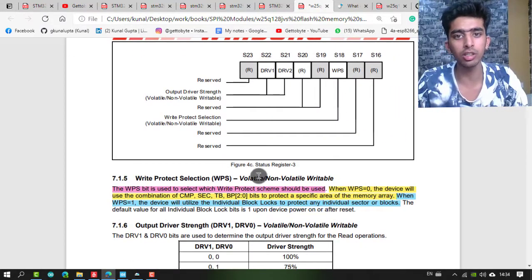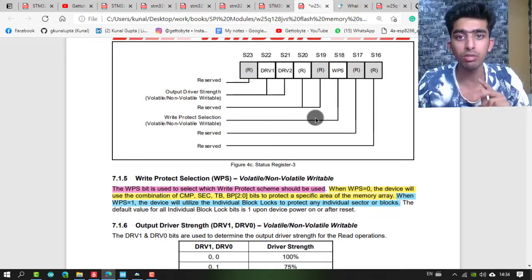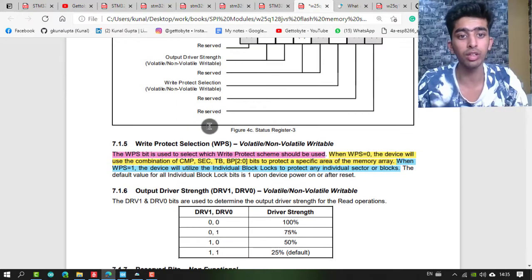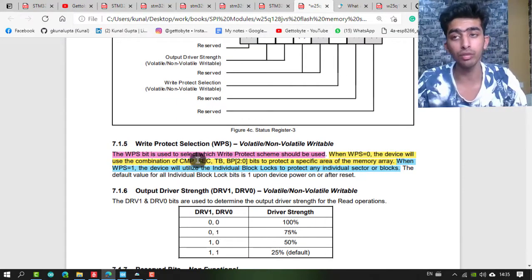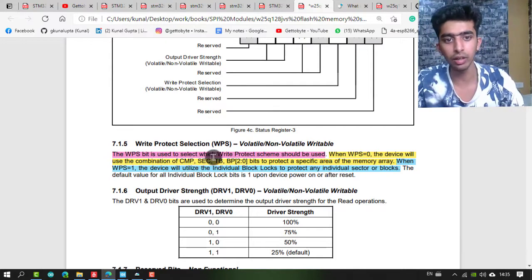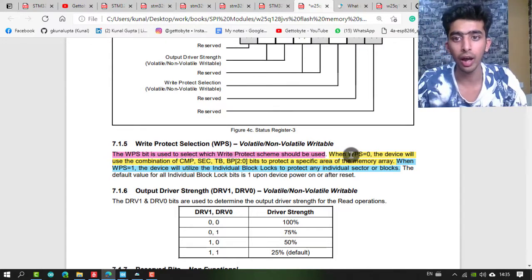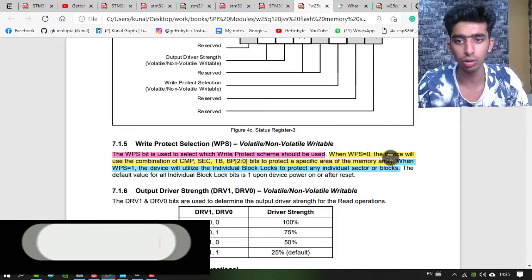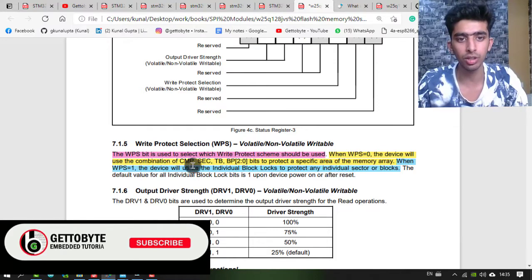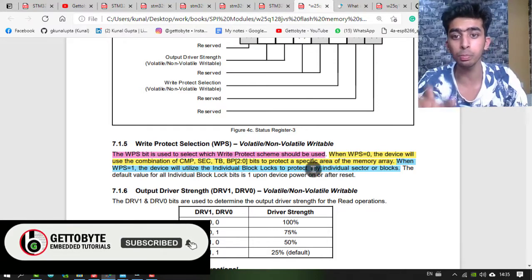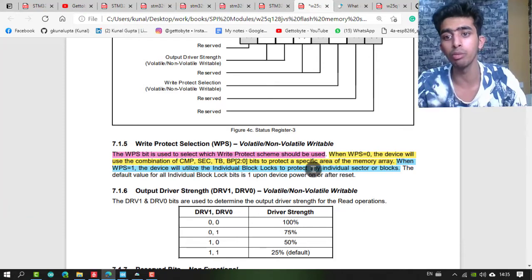In status register 3 most of the bits are reserved and not used. The only bit to be used is WPS, because this bit configures which protection feature is used, if you are using the protection feature. If WPS is 0, the device will use the combination of these bits to protect a specific area of the memory array.